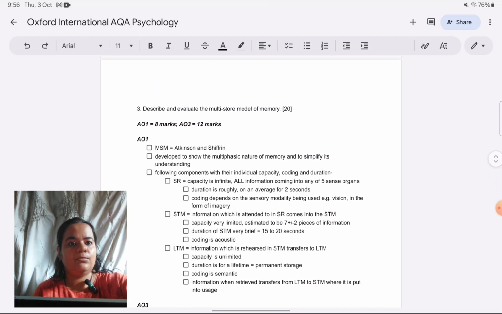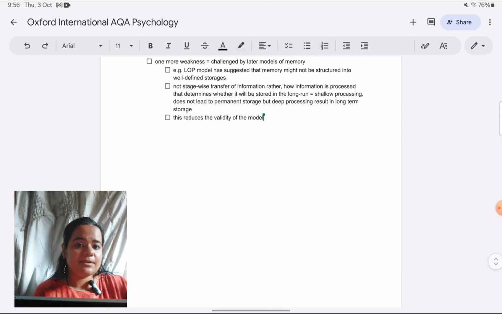And you can see AO1 as well. I know the outline looks lengthy, because this answer is worth 20 marks, so it is going to involve a lot of writing. Keep on writing even when you write your outlines. It gives you writing practice. Your hand keeps moving, and that helps you to ultimately gain speed. Why students are slow in writing the answers is, one, they're not prepared, so they have to think a lot and they struggle a lot while writing. That's the main reason why speed goes down.